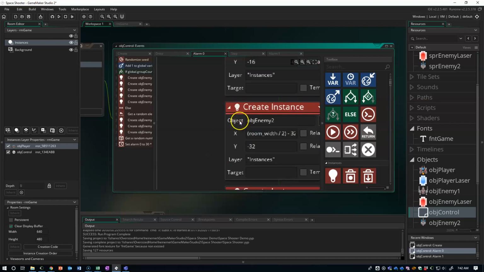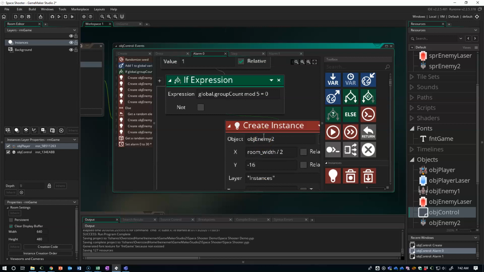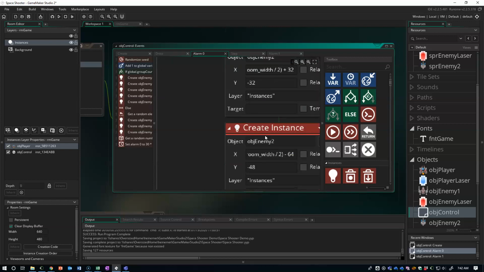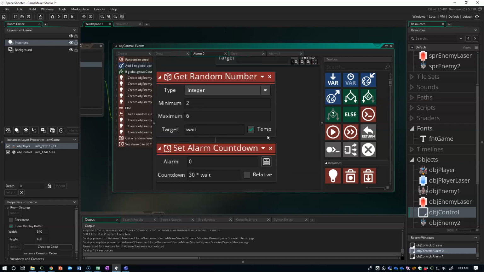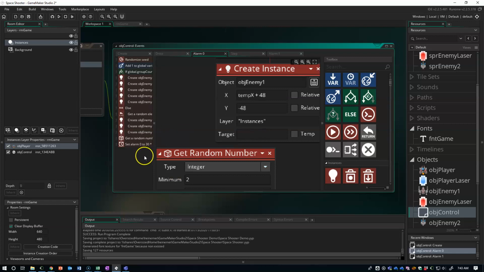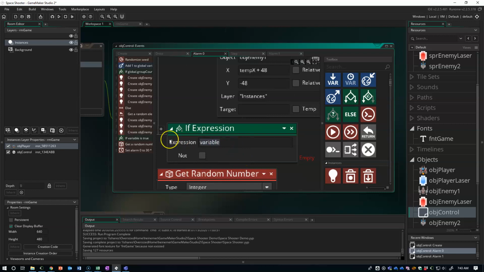So we already have this if. This if takes care of sending enemy 2s. The enemy 2 group shows up every 5. So on the second enemy 2 group is when we're going to finish the wave. So at the bottom here is where I'm going to be working for the most part. And I'm going to add an if expression. And this expression is going to be for checking the current wave, the current group count, so global.group count,